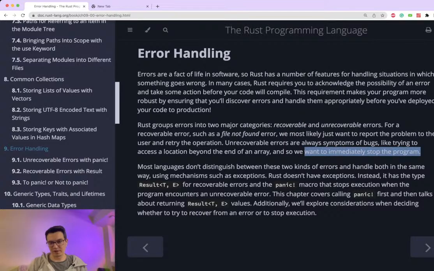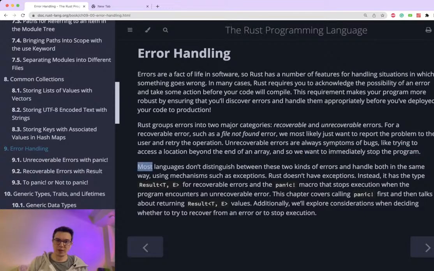I see it's the second time in the book, like we have index out of bounds and we want to immediately stop the program. I don't remember ever wanting my program to just stop or crash, whatever, because I have some error. I would like to keep it working for the user, even if there is some weird scenario which is not working. I don't think I'd like to crash it or something. But anyways,